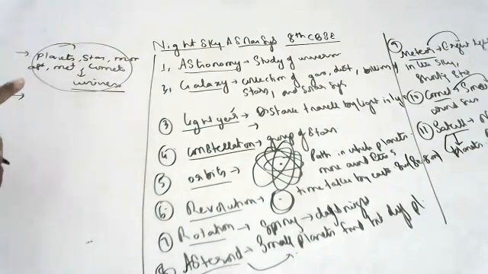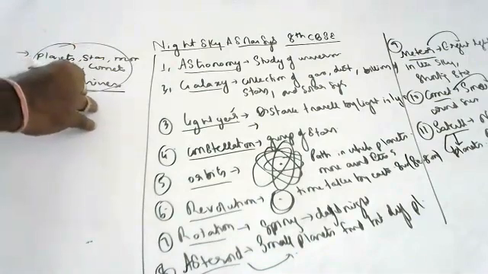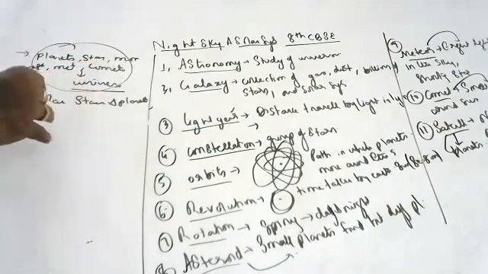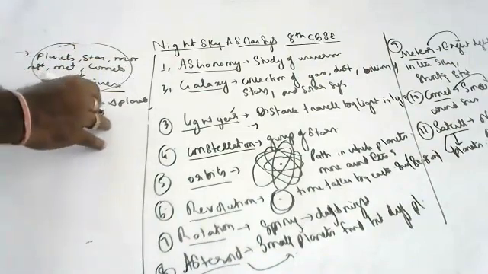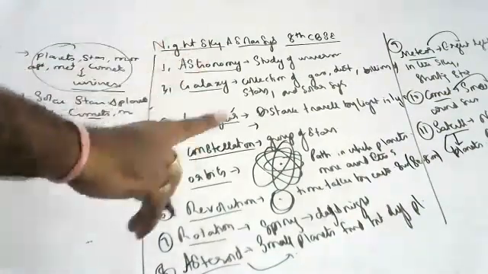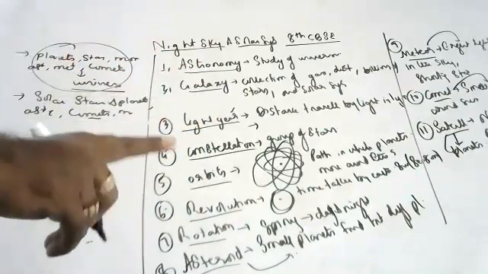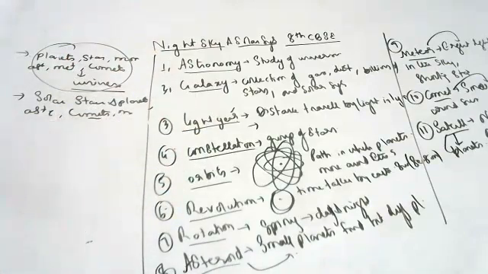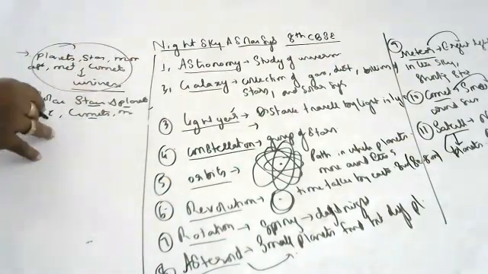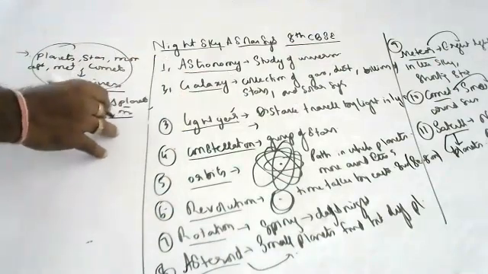Next, the solar system contains not only stars and planets. Remember, children, solar systems not only contain stars and planets. They also contain heavenly bodies such as asteroids, comets, meteors. I told you, meteors are the shooting stars, comets are the things revolving around the sun, and asteroids are the small planets present in between the planets, and satellites are the things revolving around the planets. So the solar system consists of asteroids, comets, meteors,